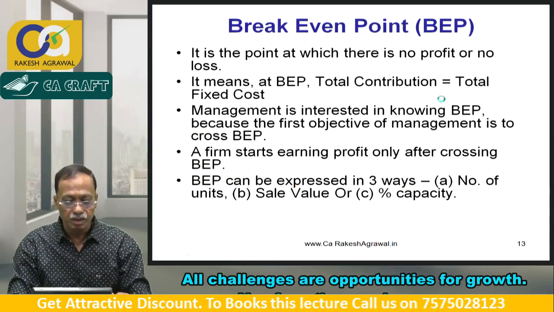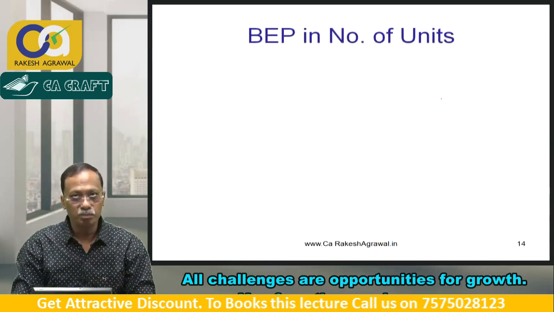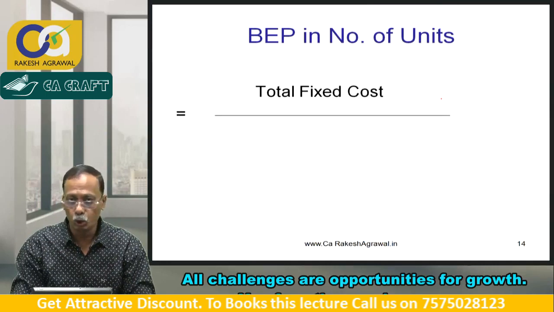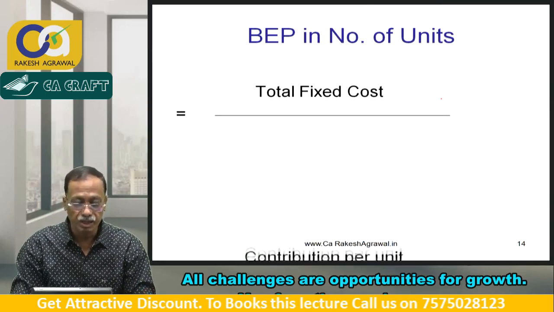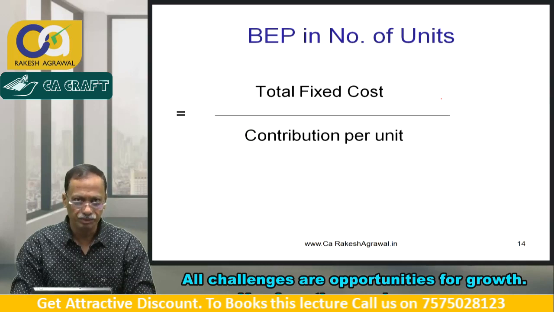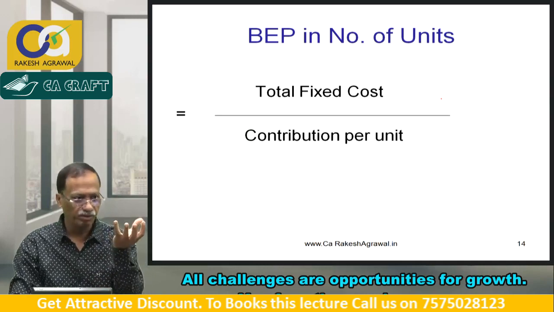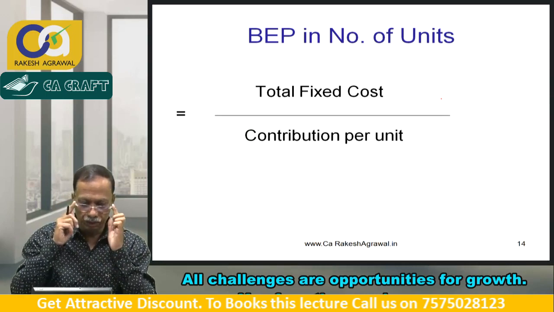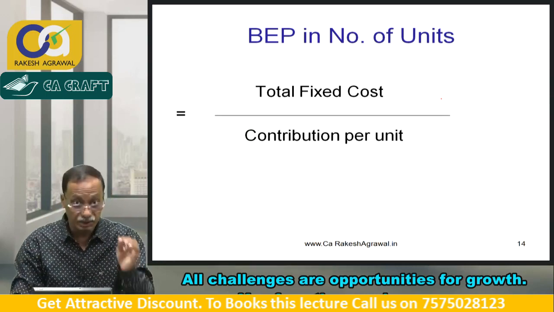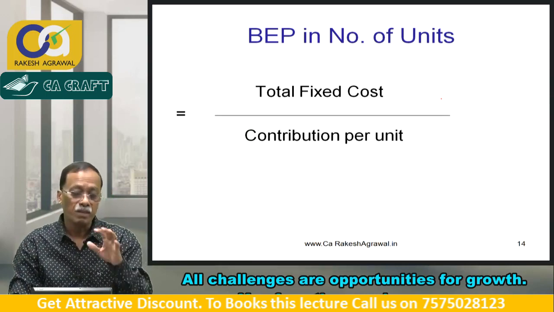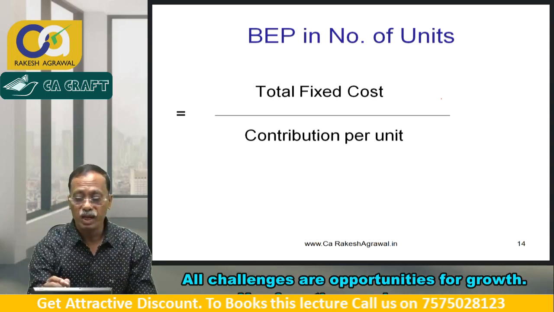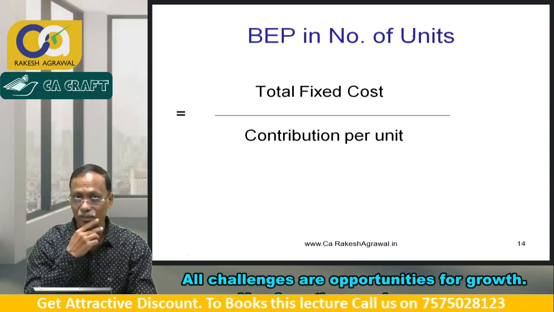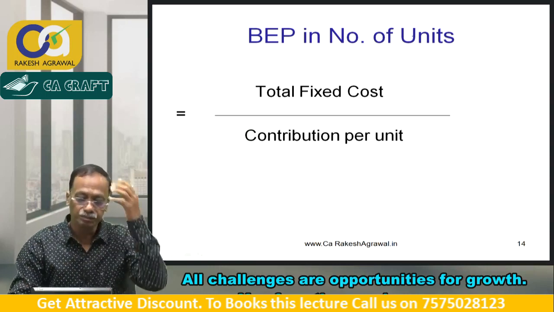So let's go. If you want the answer of BEP in number of units, then the formula is: numerator total fixed cost divided by contribution per unit. You have studied this formula, total fixed cost in the numerator and in the denominator contribution per unit, right? You have to remember this formula. We will see the logic also behind this formula. If you use this formula, your answer will be in number of units. How many units you should sell to achieve that break even point, that is no profit, no loss. Then